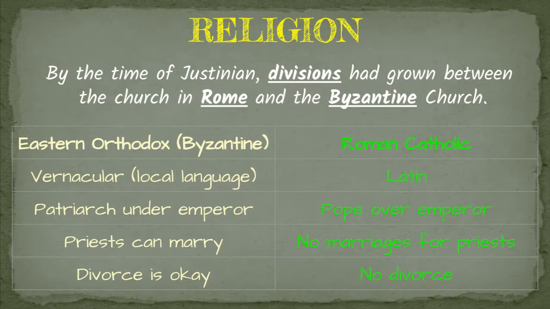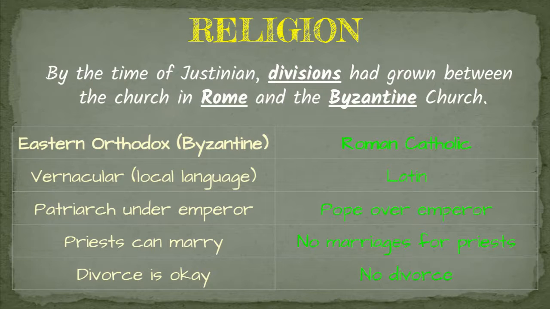So, we end up with Roman Catholic, which is going to exist in Western Europe, where the city of Rome would be. And we're going to end up with Eastern Orthodox, which is going to be what's practiced in the Byzantine Empire. And one of the biggest reasons for this split has to do with the power in the church. So in the Byzantine Empire, the emperor felt that he should have power over the church. The Roman Catholic Church, or the church that was originated in Rome, said, no, the Pope should have more power. So that major disagreement ultimately caused this different type of